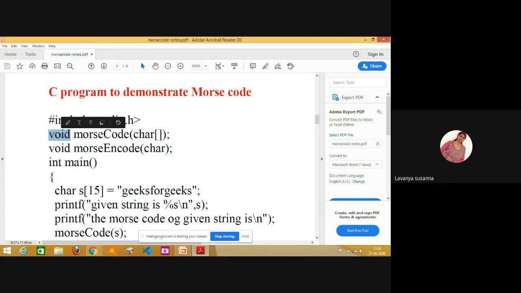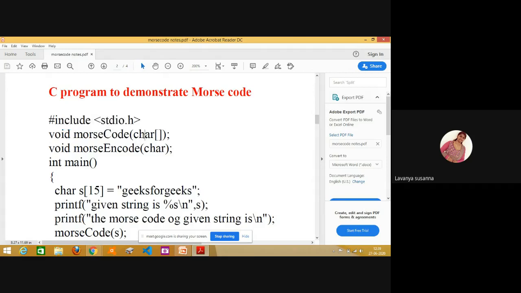Remember that if a function is not returning any value, you have to write the return type as void. If a function is returning a value, you have to write its data type. If a function is returning an integer value, you write int as the return type. But here, these two functions are not returning any value, so we use void as the return type. So void Morse code, where Morse code is the function name.